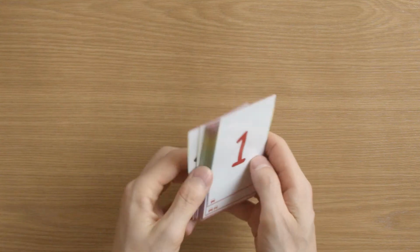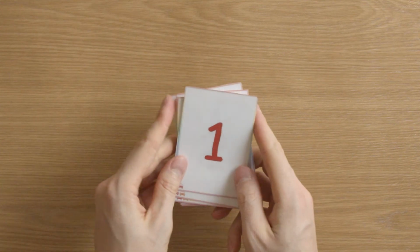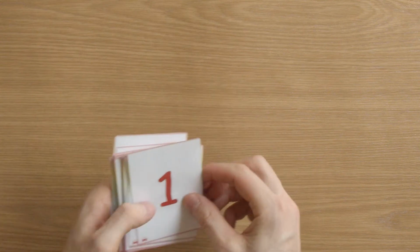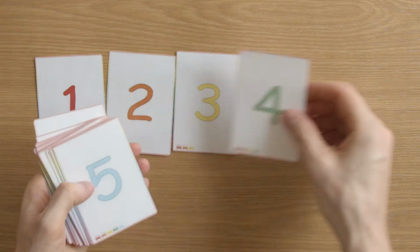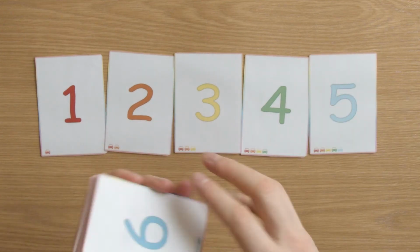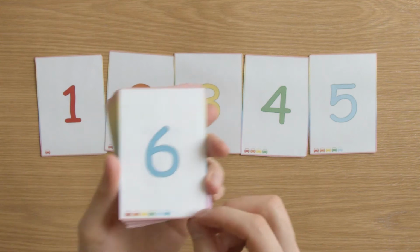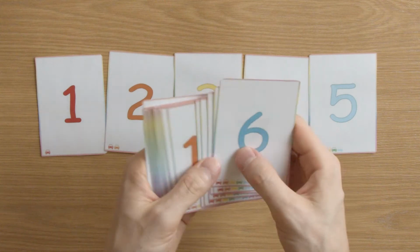So today we'll be looking at these available flashcards for kindergarten.com 1 to 100, and you'll see that they have small cars on them. Sorry, I printed these quite small, but you can print them in various sizes, any size you want. They have red car, orange car, yellow car, and as the numbers get bigger,